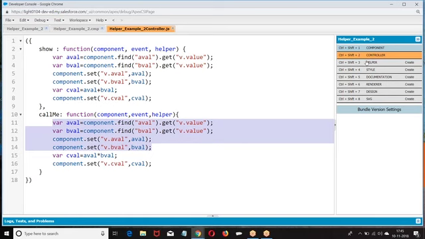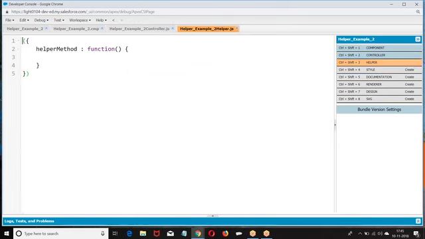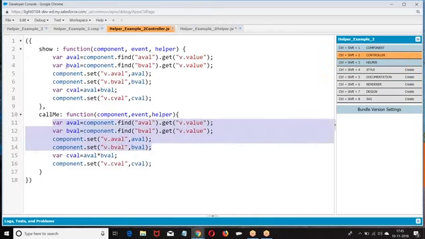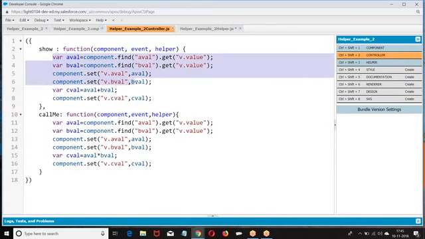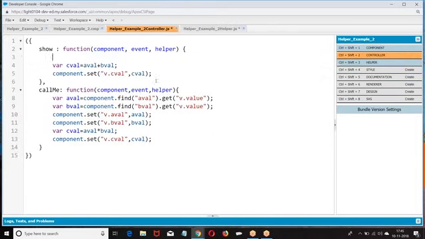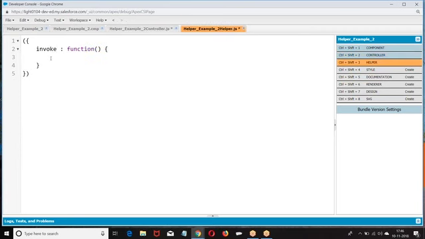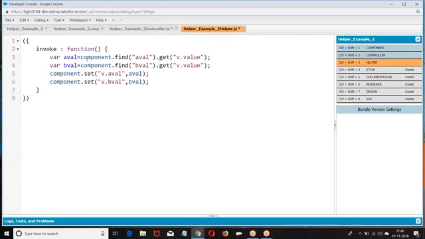So what I'm doing is defining a helper here. Whatever the common code is, the code I'm reading, putting in the helper. But this functionality requires what? Component.